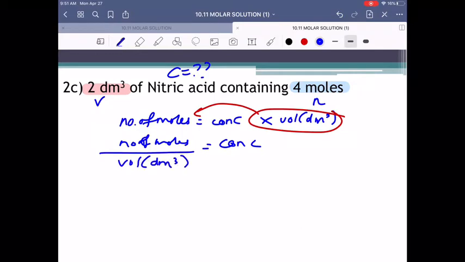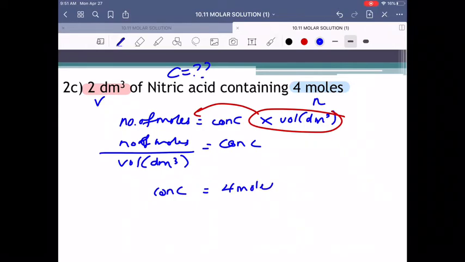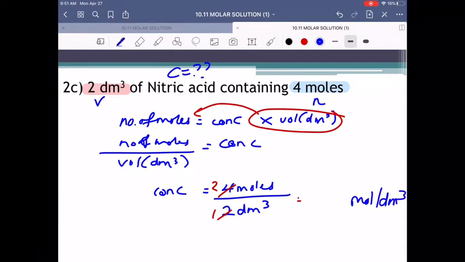Number of moles is 4 moles, divided by 2 dm cube. So 4 divided by 2, you get 2. Lastly, your unit is mole per dm cube, so you get 2. That's how you get the answer. Alright,